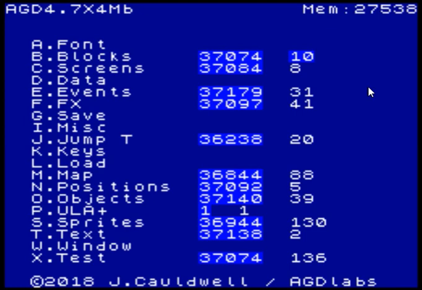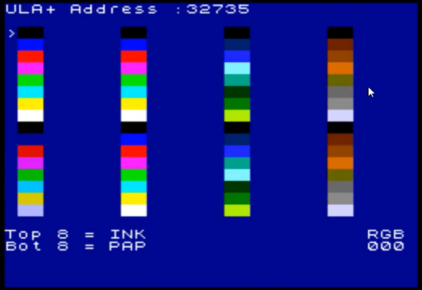Unfortunately, Fusion Spectaculator don't use that, but once you've kind of finished your game and you want to change the palette, you can load it into this emulator, make the changes, and then save your ULAplus version if you want to. Okay, so as you can see, as per usual, we've got the palette here, and if you press R,